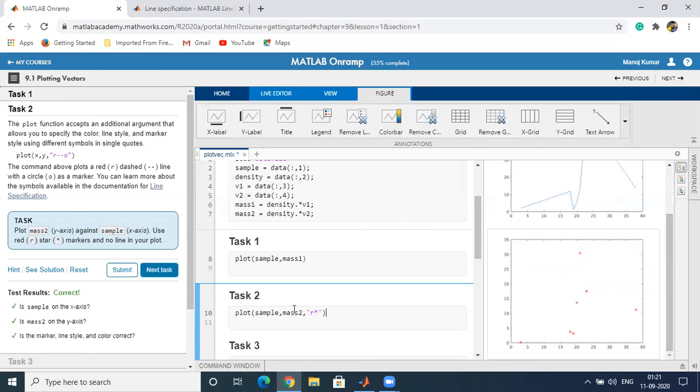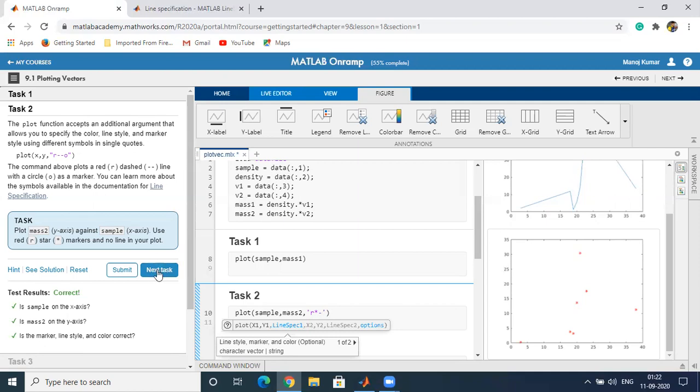So you can see we have plotted sample on the x-axis and mass 2 on the y-axis with the red marker. With the red marker, if we want to evaluate some line specification, then we can also do that. If we use this dash, then we are getting the solid line.